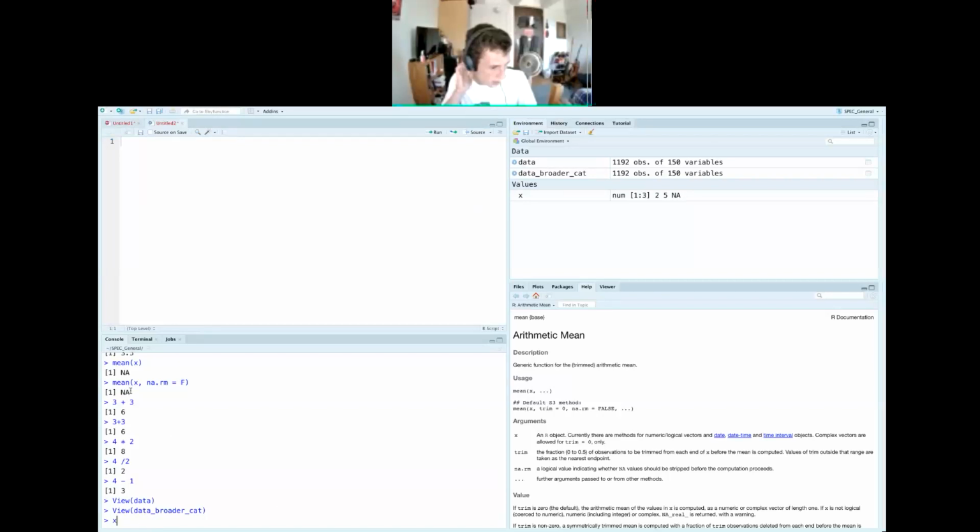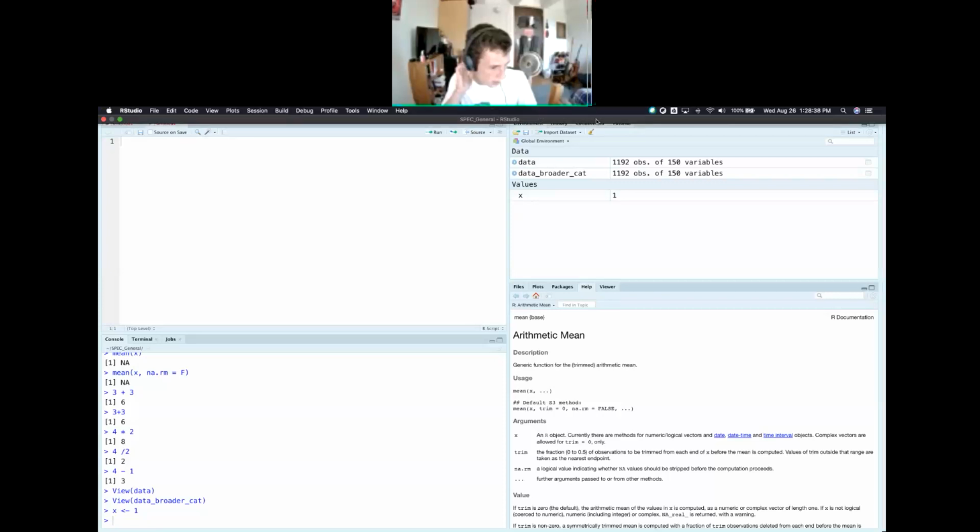So let's reassign X. And we do that with this arrow operator. And again, the spaces don't matter. R isn't one of those languages that's really hard that reads blank space. Those are crazy. So the spaces don't matter. I just think it makes it easier to read. So we can assign X a value of 1, right? So then we see it pops into our